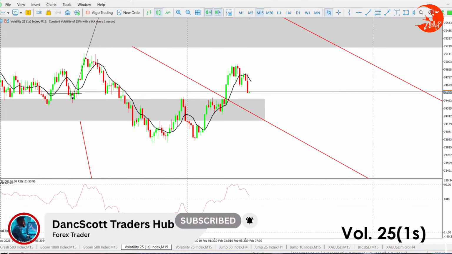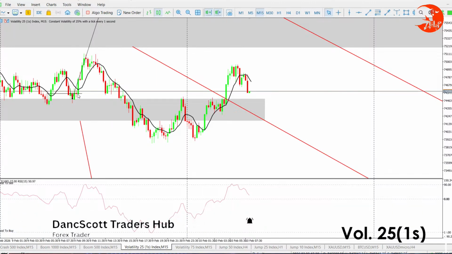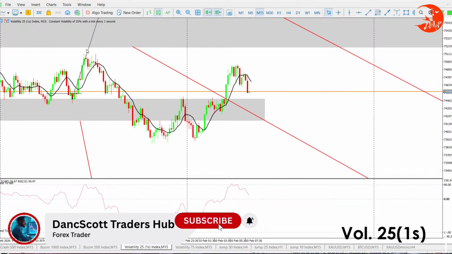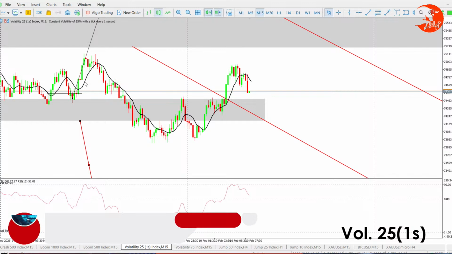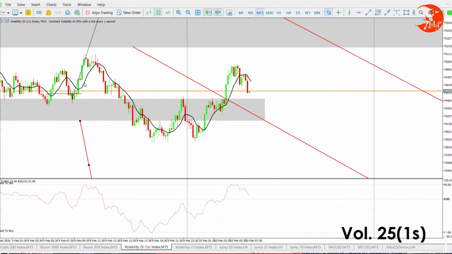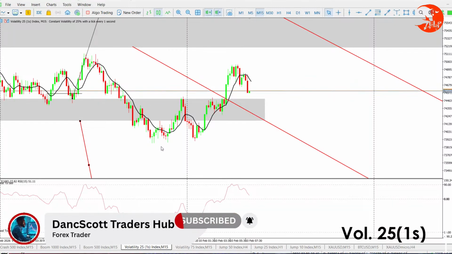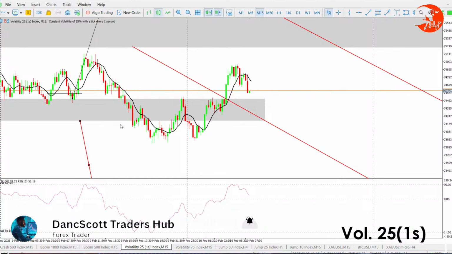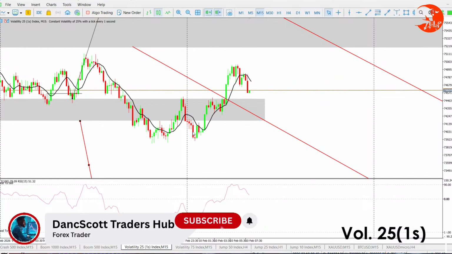So yesterday's analysis was simple. Price react here and give us buys, of which it did, but also we had another opinion. If price continues to drop and breaks this support, we get in with sells. So price gave us short buys there, as you can see, according to the analysis, but then it did not take long before it reacted back. I mean, it returned back to sells and then broke the support, which was a fake breakout.